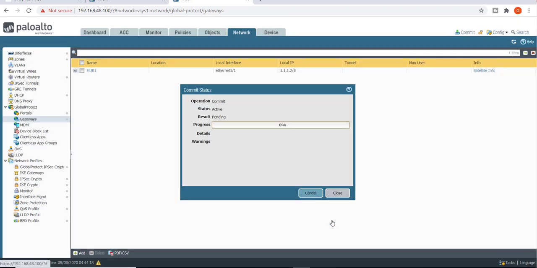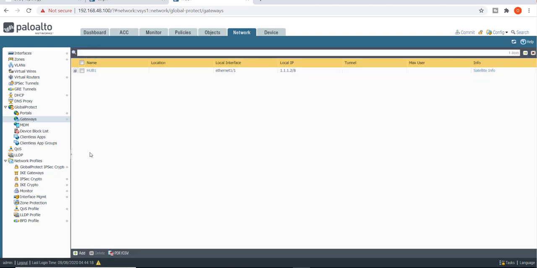As the commit is successful, we need to push the commit. So the commit is